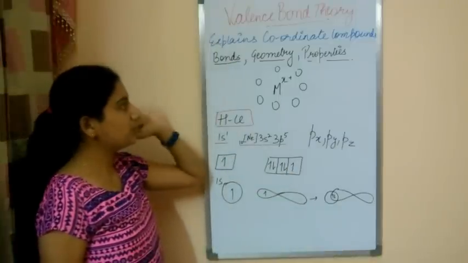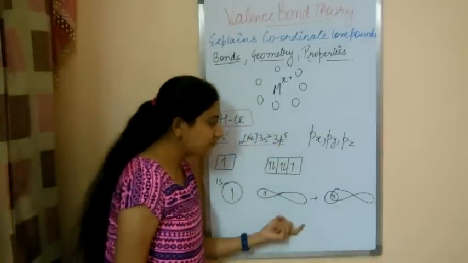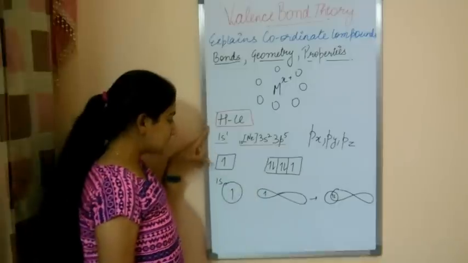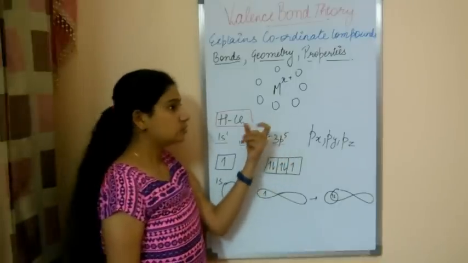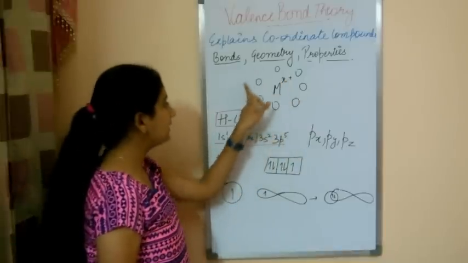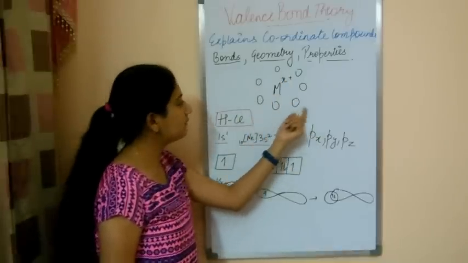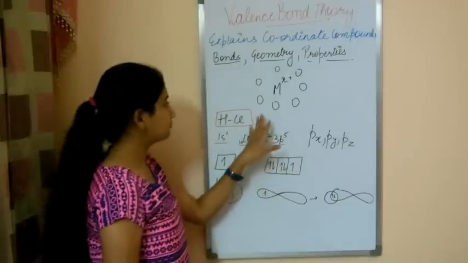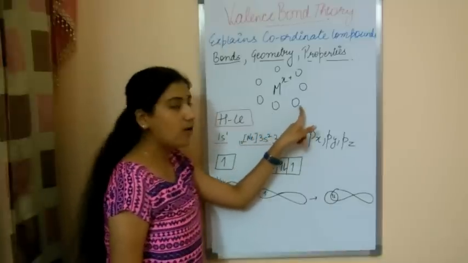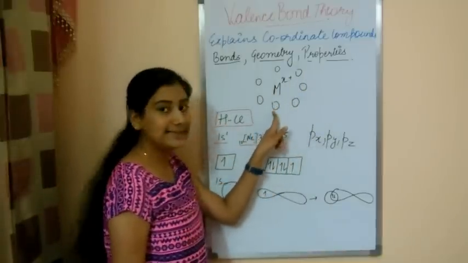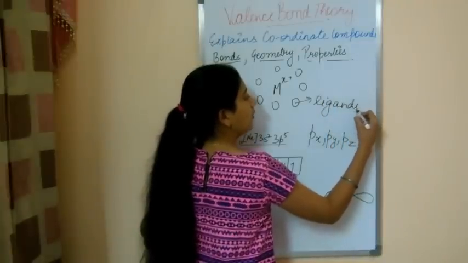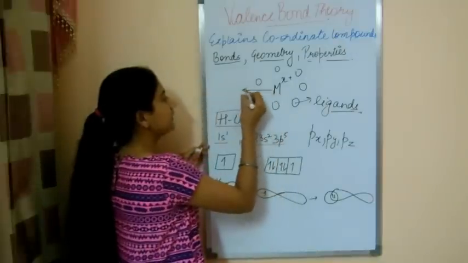Now, according to valence bond theory, is this type of bonding present in these coordinate compounds? The answer is no. This type of bonding is not done here, because we can see there are so many atoms: this is a d block element and these are going to be some different molecules. They can be the same or they can be different. First of all, we should know that these molecules or atoms or negatively charged ions are called ligands. These are called ligands, which surround the metal atom or ion. This is a transition metal.